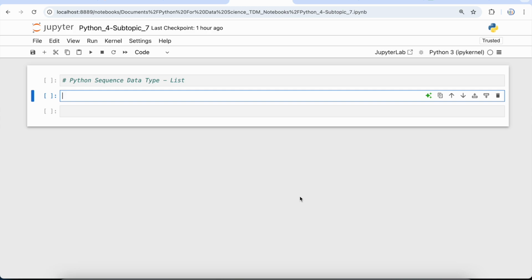Okay, so Python lists are the most versatile data types. A Python list contains items separated by comma. So you can create a list using this square bracket, and all the items in this list will be separated by this comma. Okay, you can think that Python lists are similar to arrays in C to a certain